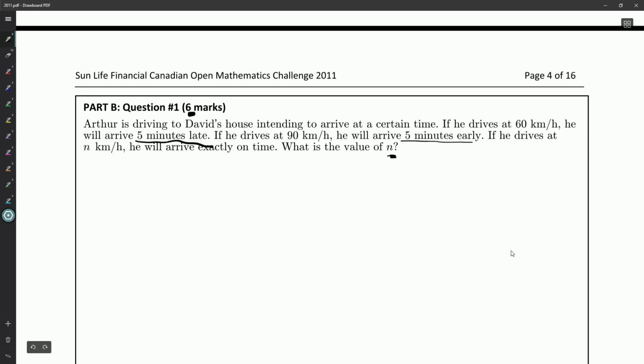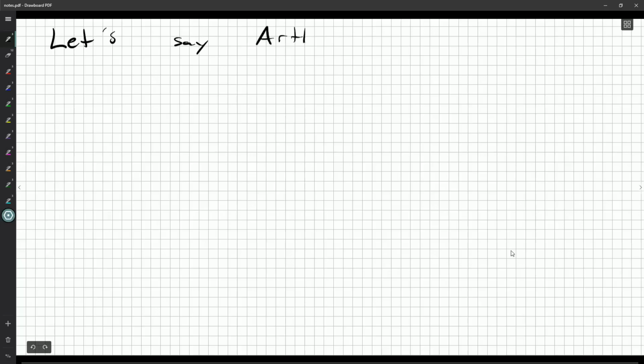Okay. So I don't know how far he's driving or what time he's specifically looking for, but I know that these are going to be related to speed because there's this nice relationship. Distance is speed times time, or speed is distance over time, or time is distance over speed. So I might say something like, let's say Arthur drives d kilometers and wants to arrive